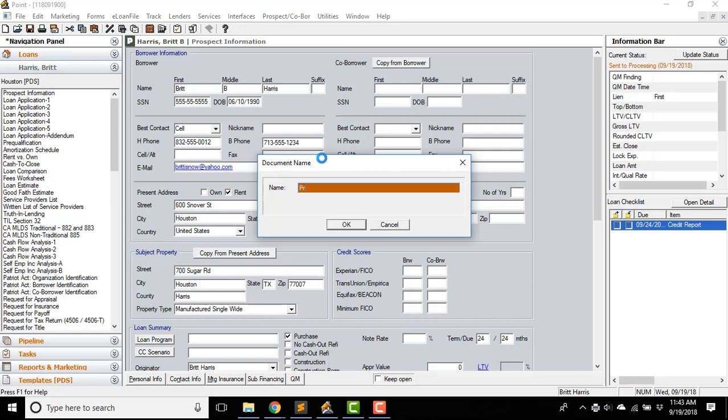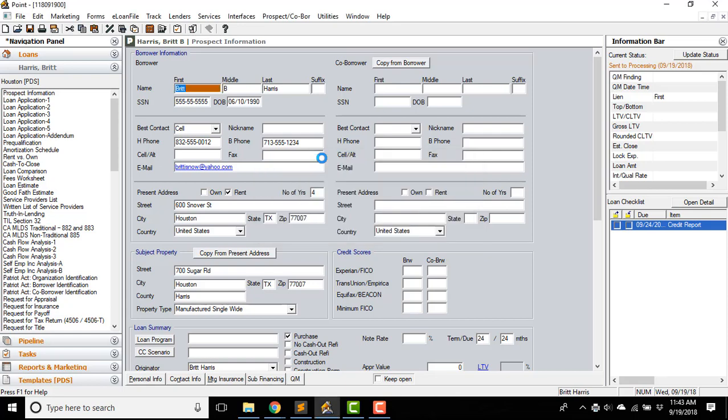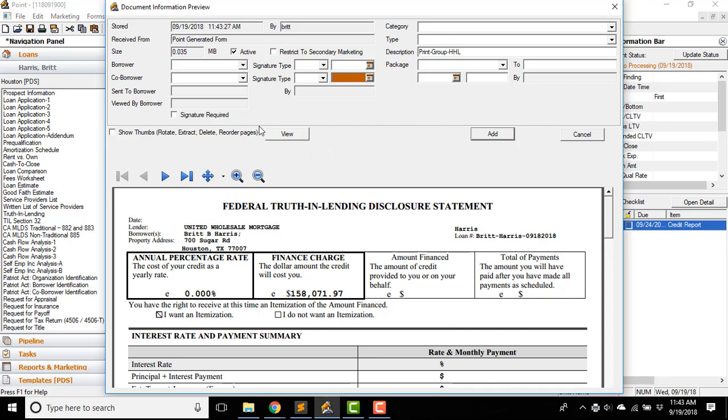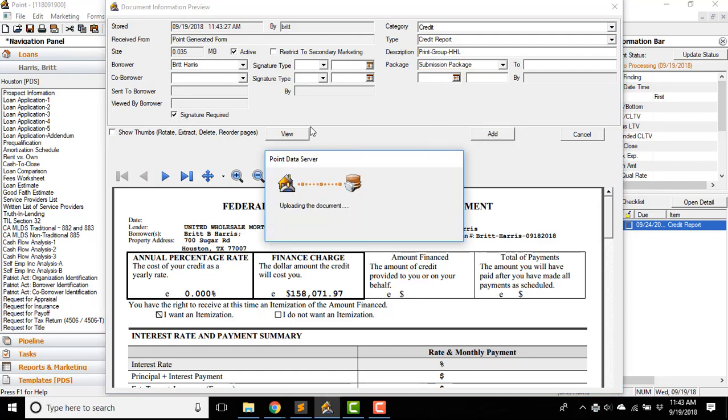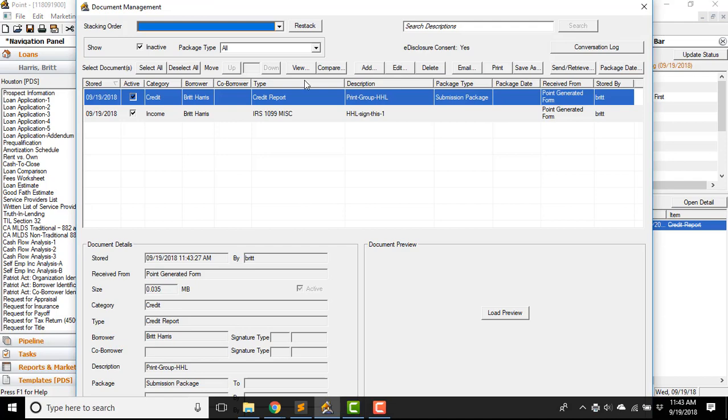So let's just say print group HHL. Cool. So we have the Signature Required button here. We'll have another chance to click it later on. Let's select the borrower, category, and type it goes into, package if you like. All right, so let's add that, and it's adding it to the Doc Manager and storing that there. So now that we have this,